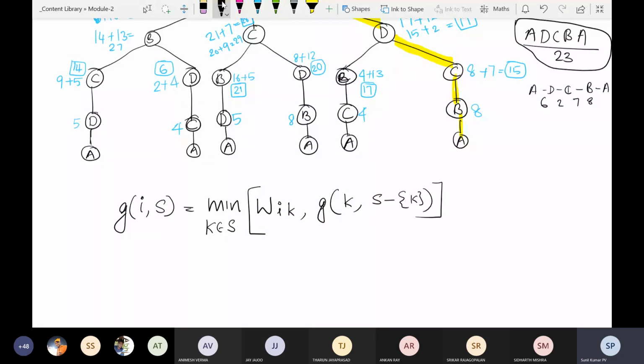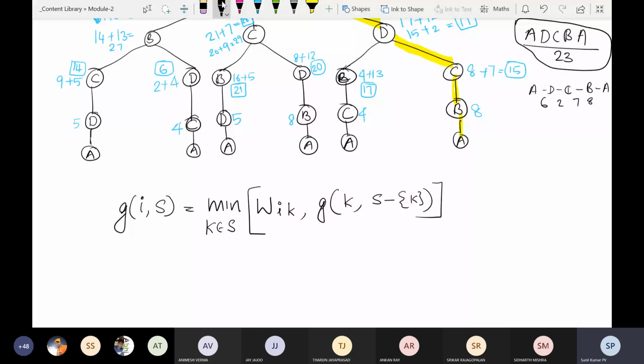Okay. So if you substitute each value for K, you will get different values here. So you will get two, three values, and out of these two, three values, you have to minimize. This is how you can apply the dynamic programming formula, and using this formula, you can find it out. Since the answers are readily available in the formula, we will not use any tables. You will be thinking, since it is dynamic programming, tabulation will be there. But here we don't require tabulation because the answers are available from the formula itself. So we can just expand this formula.